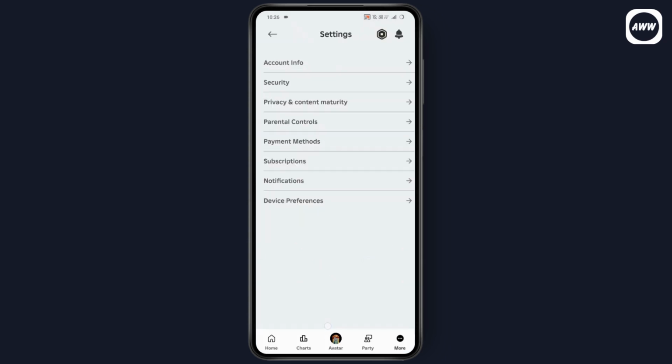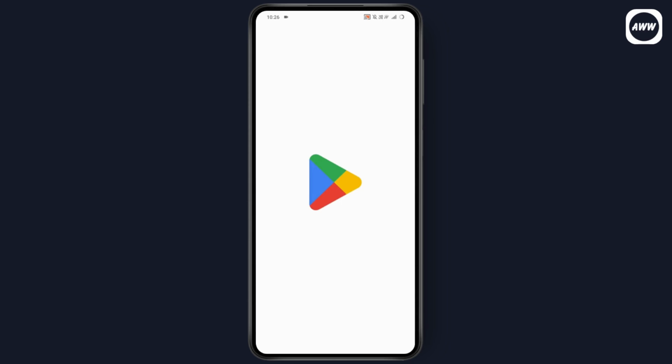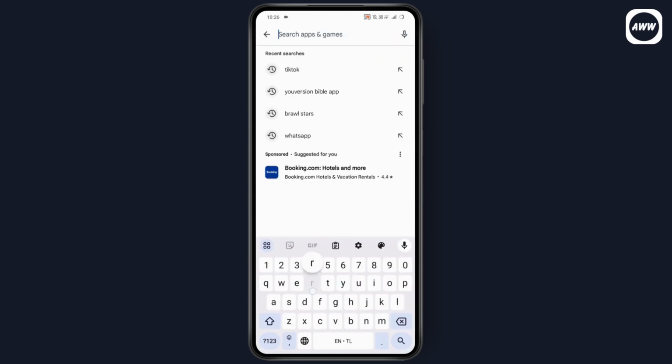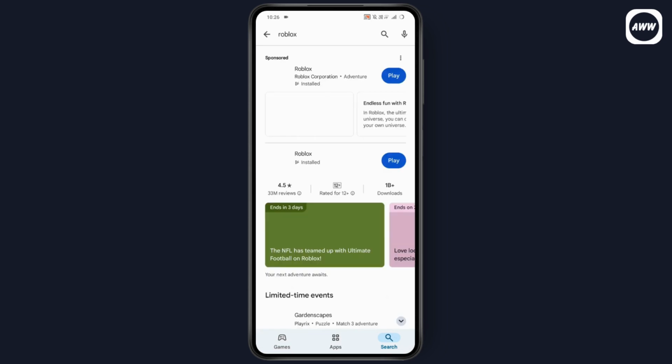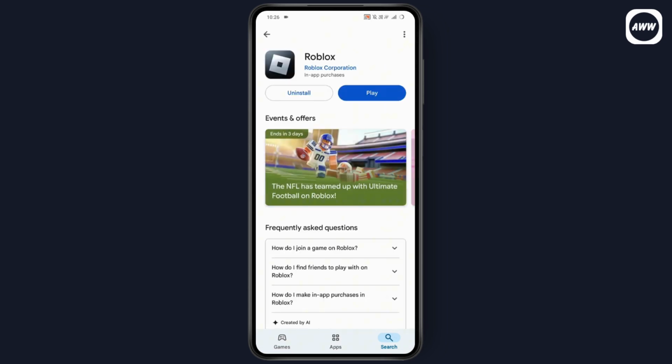Or you can also try to update your application, because if you have any updates, then you might fix that problem. So you need to go with search, and under search you can search for Roblox, and once you search for Roblox, if you have any updates instead of the play option, then you can just simply go with updates and update your